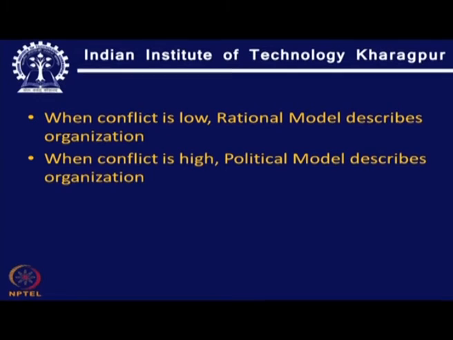But when conflict is high, the political model describes the organization. The political model is a very fluid structure where people interact with each other not always based on their organizational structure, but in more cases through cross-group or cross-departmental communication and different impression management techniques to be near the power source. All these factors are there,